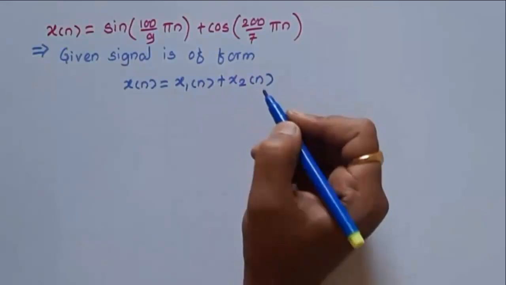We know that for such signals, x of n is periodic when x1 is periodic with period N1 and x2 is periodic with period N2, and when the ratio of N1 and N2 is an integer ratio, x of n is a periodic signal. So here we'll calculate the period N1 of x1 and N2 of x2,